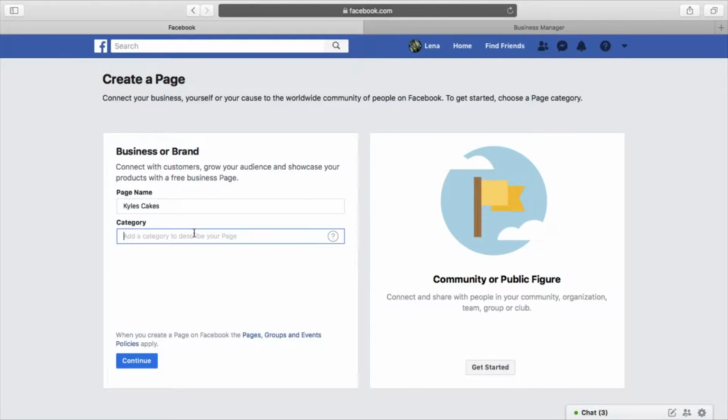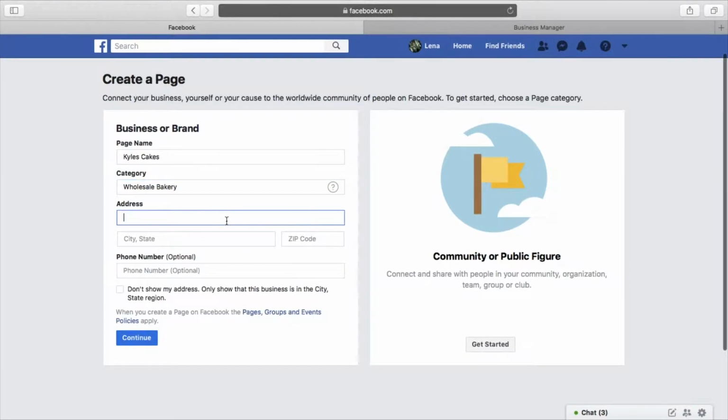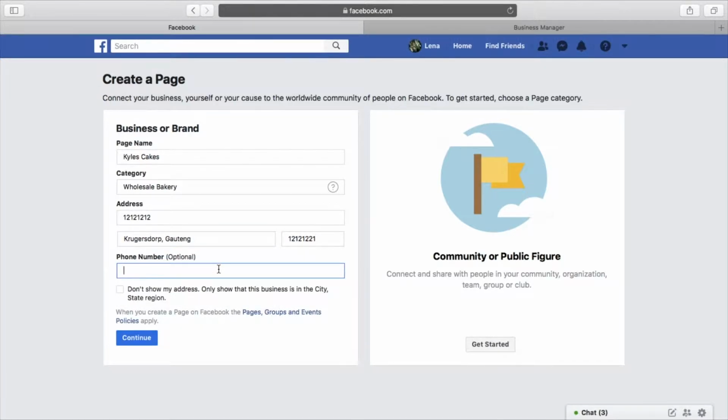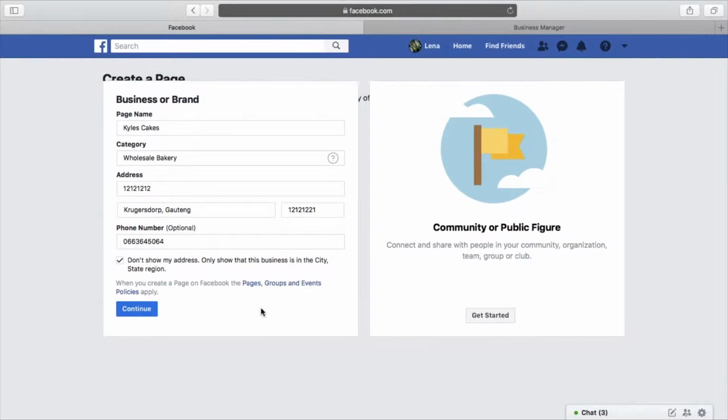Then you're going to click category. I'm just going to say bakery, wholesale bakery. You're going to put the address. I'm just going to put 1212 for the sake of this exercise. City will be Krugersdorp, where I'm actually originally from. And then you're going to put your phone number. 506. Perfect. Once you have filled in all these details and once everything is perfect and you're happy with it,